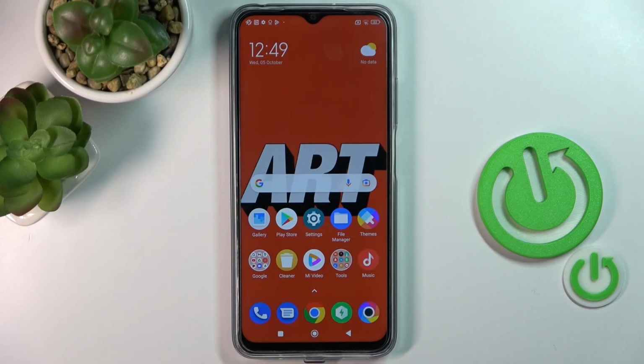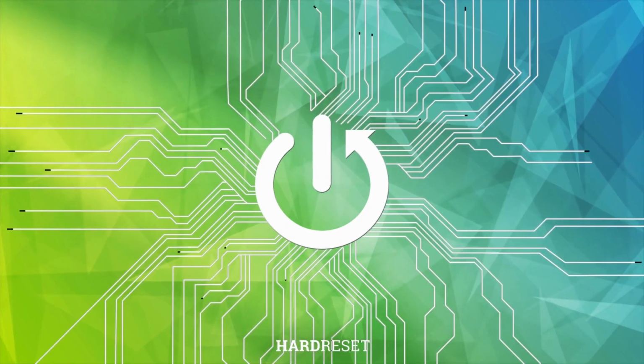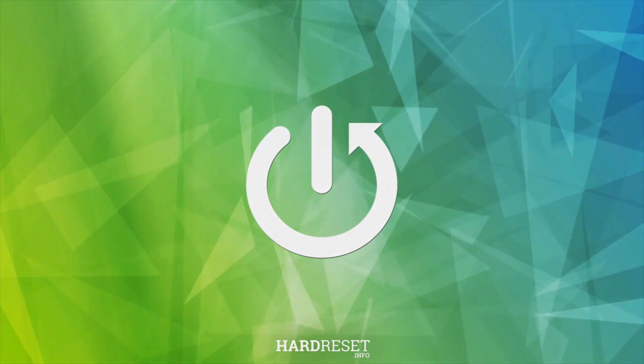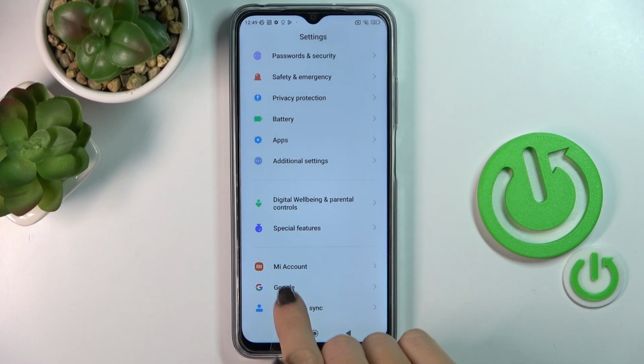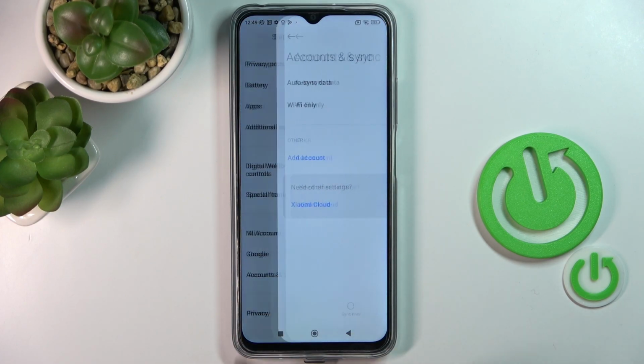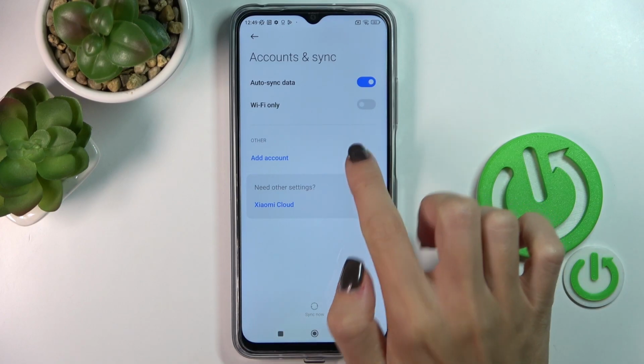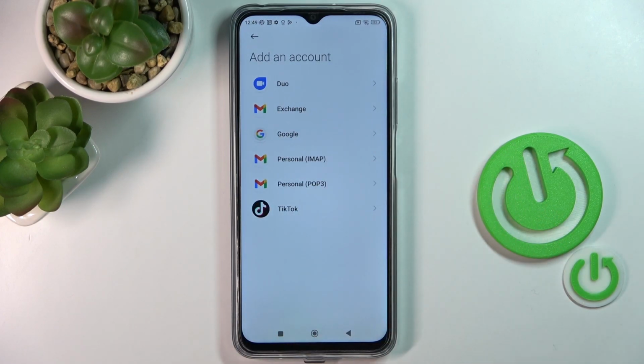In front of me is POCO M5, and let me show you how to add Google account to this device. So at first you have to open the settings, then find and select accounts and sync, and here just click on add account. Now choose Google,